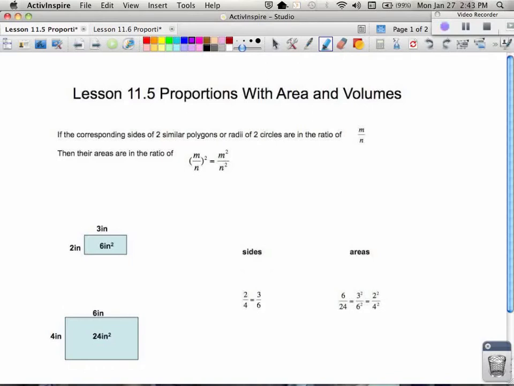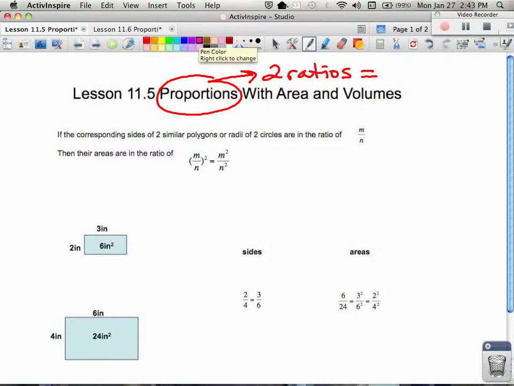In lesson 11.5, we're going to talk about proportions like we've been doing in the past. Remember, the phrase proportions is basically saying two ratios that are equal to each other. Or, for example, to be very general and vague, I'm saying A over B equals C over D. Or if you want to see them in numbers, you could say something like 3 over 6 equals 7